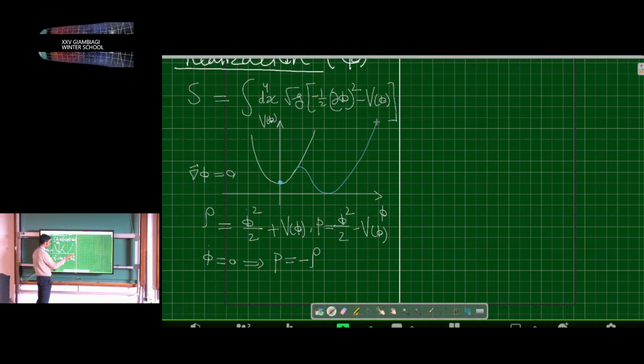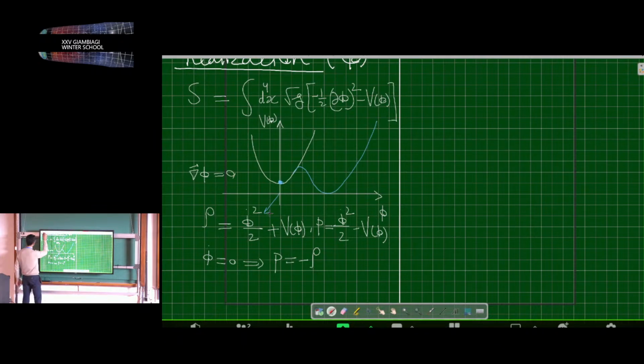Or perhaps we have not just one scalar field, but there is a lot of scalar fields. There is a landscape with a lot of minima, other directions. And then there will be a very complicated potential for these multiple scalar fields. But for now, let us just focus on one of them.